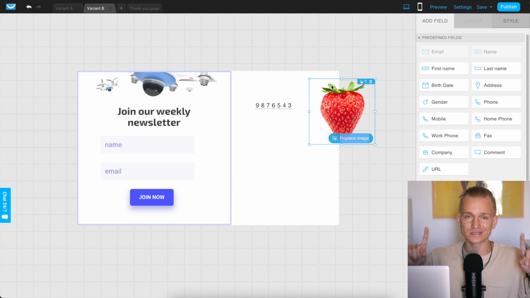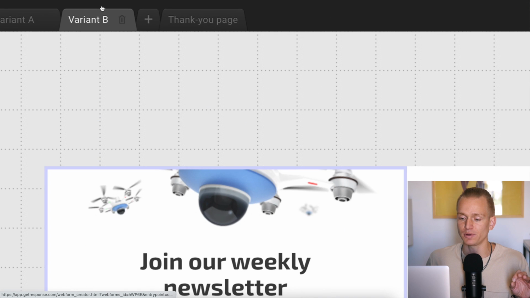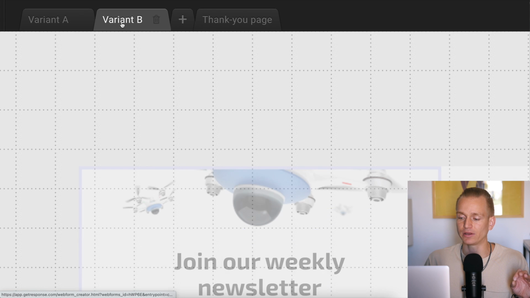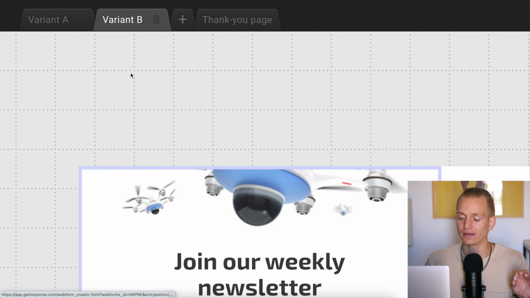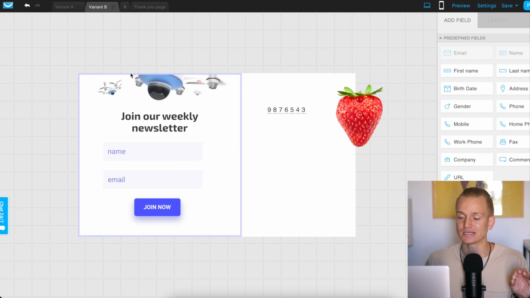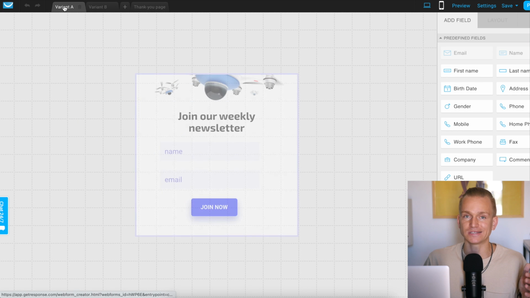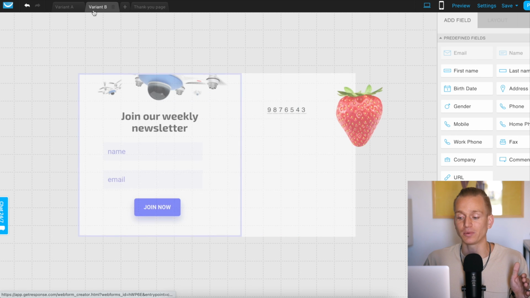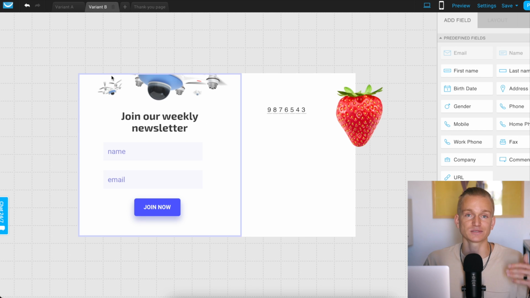But what's even more important than the customization of how your pop-up looks is, if you look here at the top, you will see there's variant A and variant B, and I can even add more variants. This means split testing, A/B testing, however you want to call it. I can create a pop-up like this, and then another pop-up that looks slightly different, with maybe different images or different text.